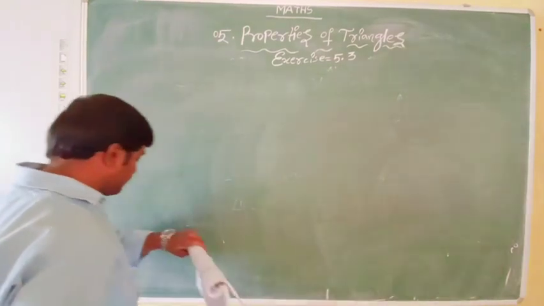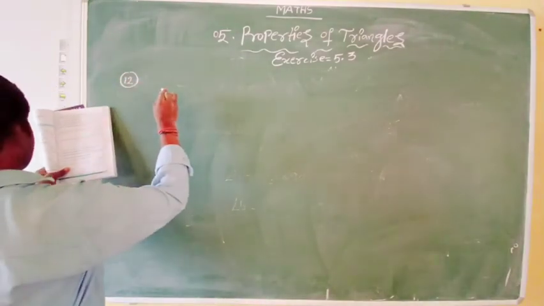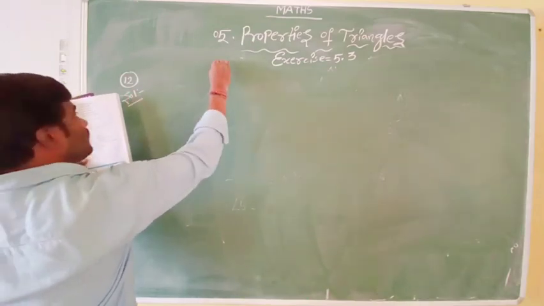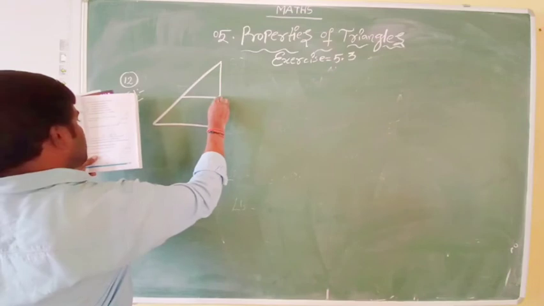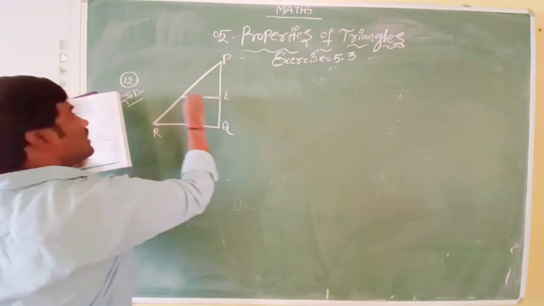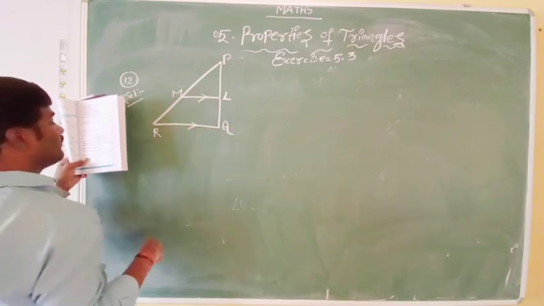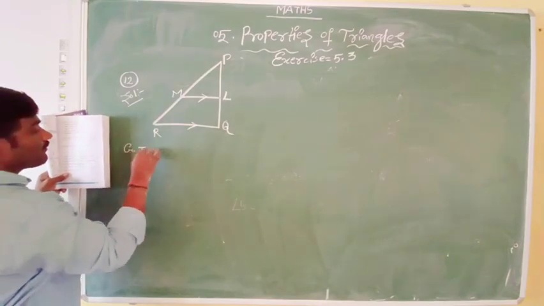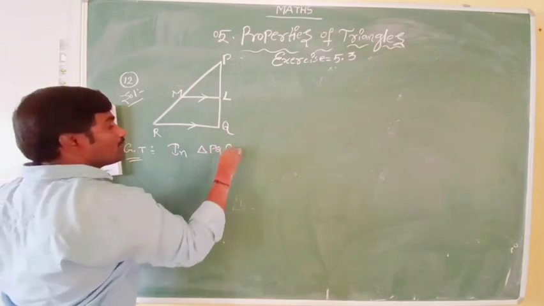Only 2 more questions are left. That is the 12th one. Here let me draw the 12th one. Here P, Q and R, L and M. Here LM is parallel to QR. Let me write here, in triangle PQR,